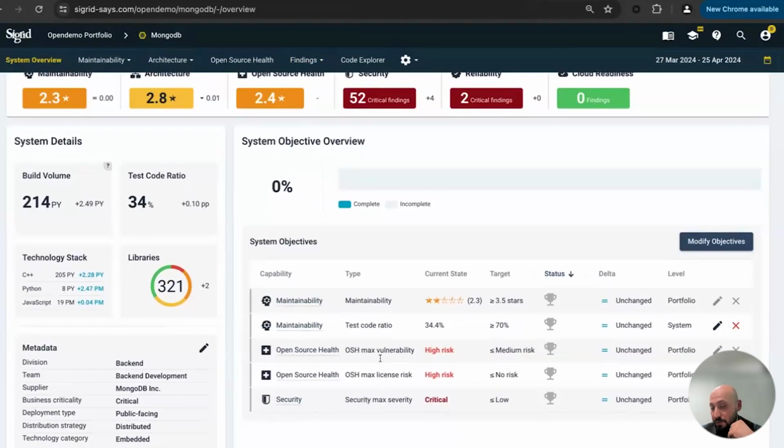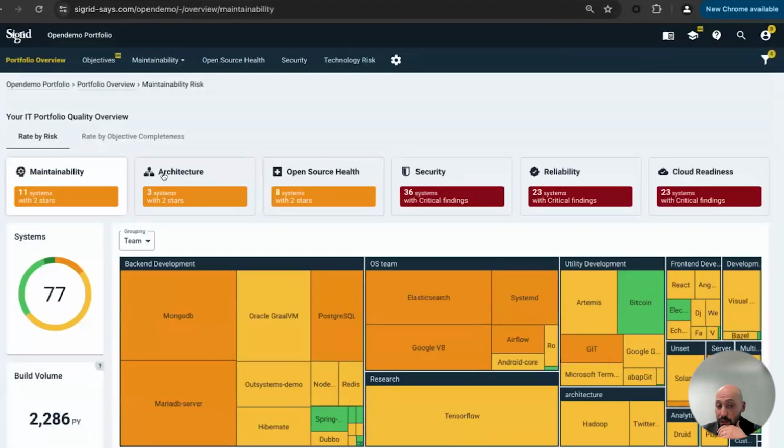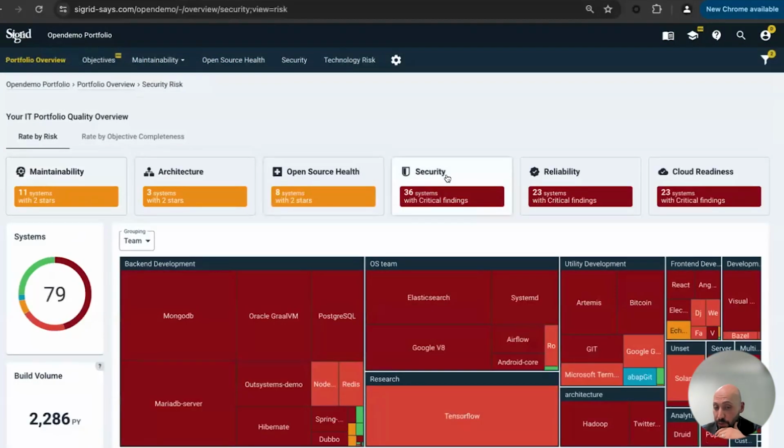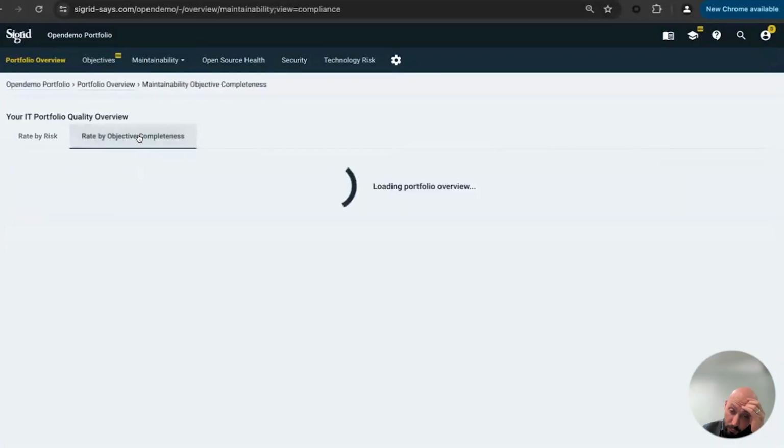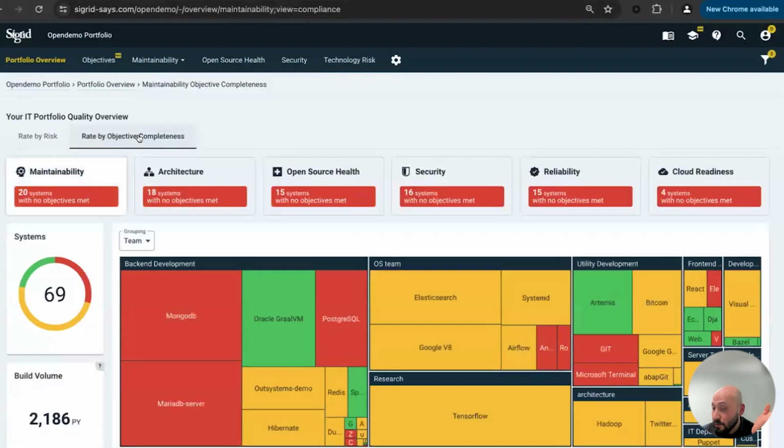In this case, you see that for this given system, we have a specific set of rules or objectives that we defined for that specific system. Those are not per se 100% one to one mapped to our own benchmark. As you see here, the current state is this, and this is the target, but usually I would like to have a higher target. So what Hugo was referring to is when I went to security, for instance, this is benchmark data, or risk-based data, but sometimes you need to rate that by your own objectives, and in this case, you see a lot less red in the picture.